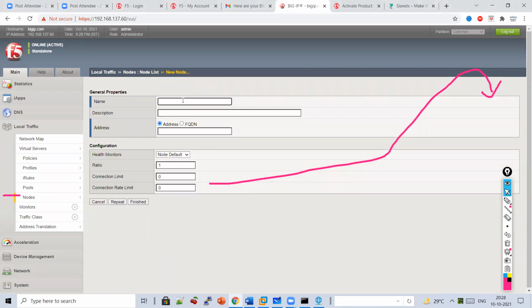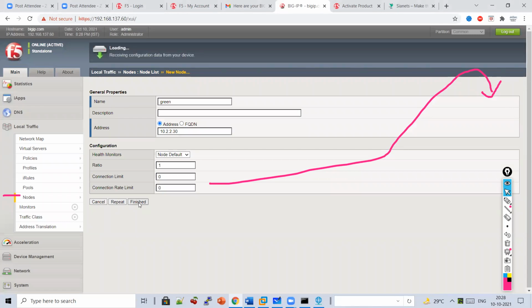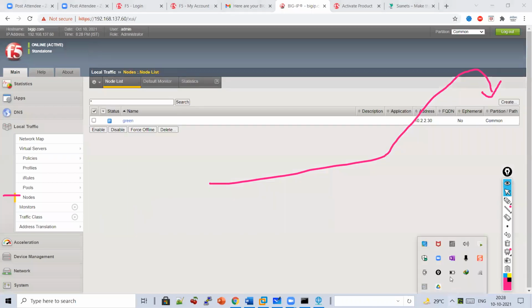I will give name as green server, address 10.2.2.30. What is health monitor? I will come later on. Finish. I'm just configuring an IP address, that's it.